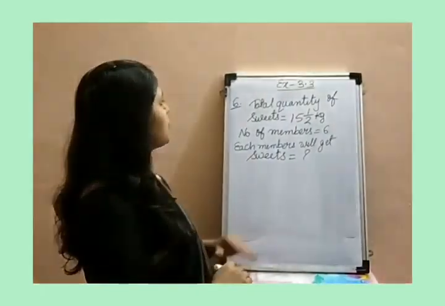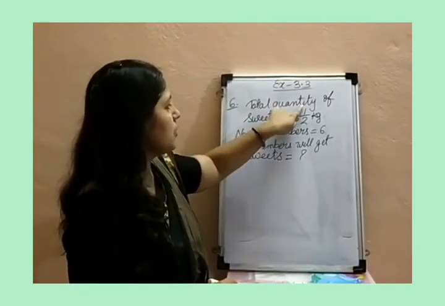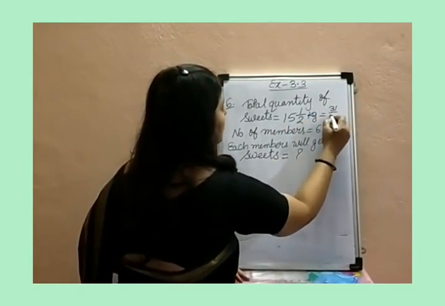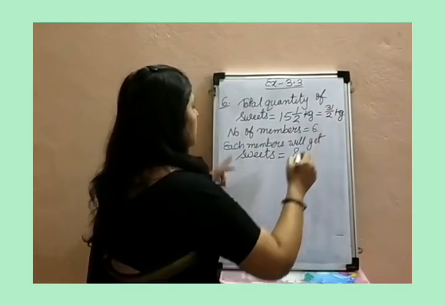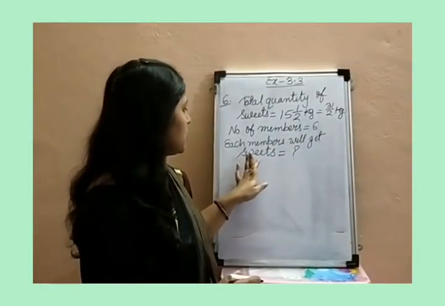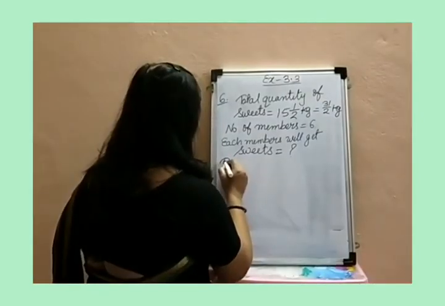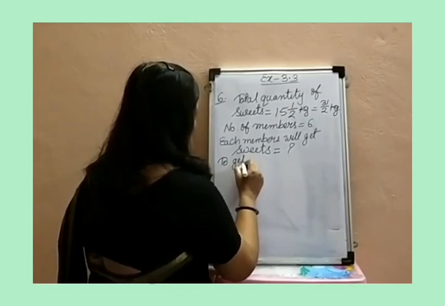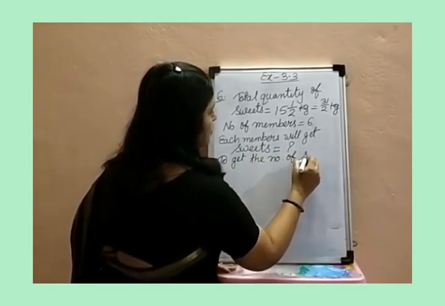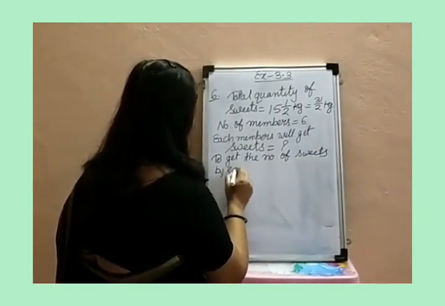Now the next question is question number 6. This is our last question from 3.3. The total quantity of sweets is given as 15 1 upon 2. So 15 2s are 30 and 1, 31 upon 2 kg. Now the number of members is given as 6. So the question is how many sweets will each member get. So to get the number of sweets by each member,